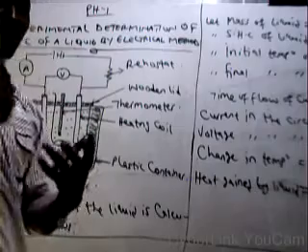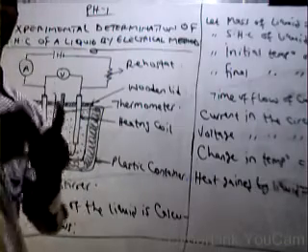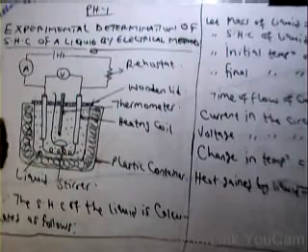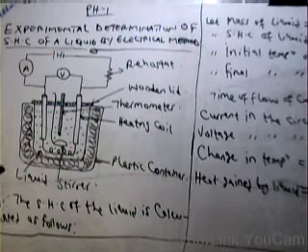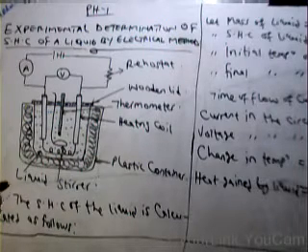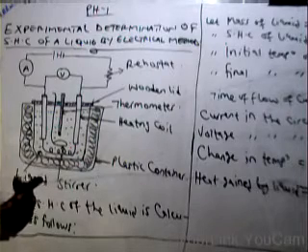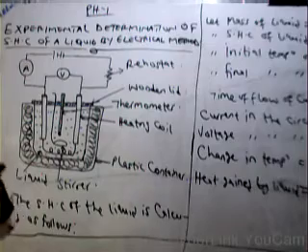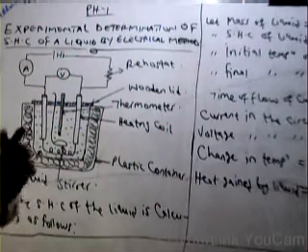Now, inside the jug, we want to determine the specific heat capacity of a liquid. Let's say we want to determine the specific heat capacity of water. Then the liquid used inside that jug will be water, because we want to determine the SHC of that particular water. If we want to determine the specific heat capacity of kerosene as another form of liquid, then the liquid we are going to use at that particular moment will be kerosene.